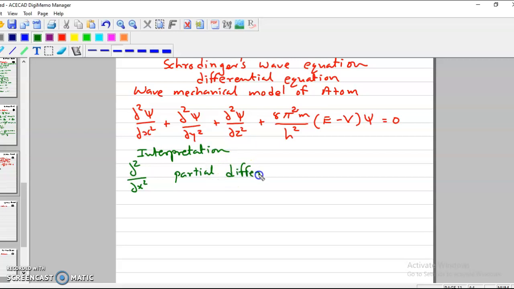As we are differentiating this equation in 3 dimensions, we have to take partial differentiation. Now, x, y, and z are Cartesian coordinates